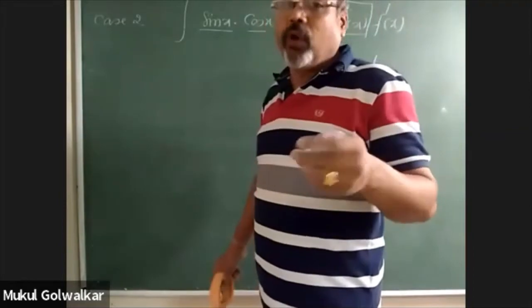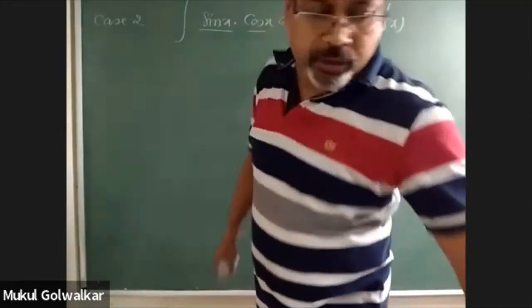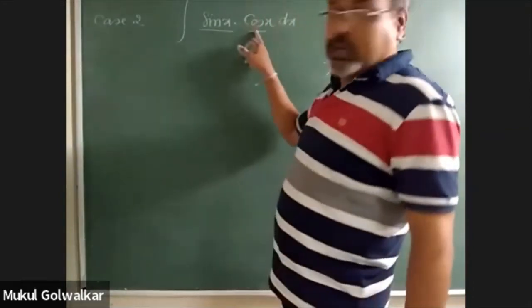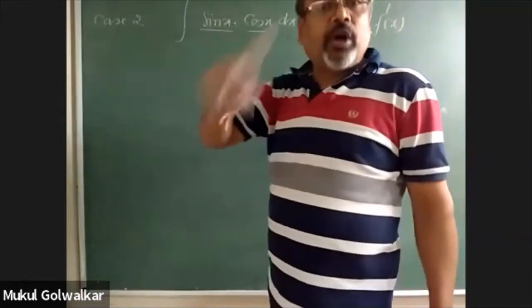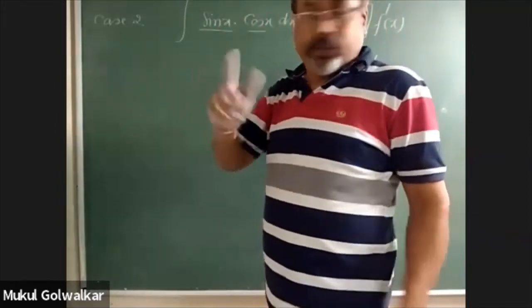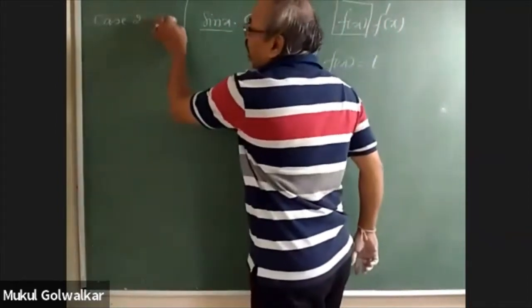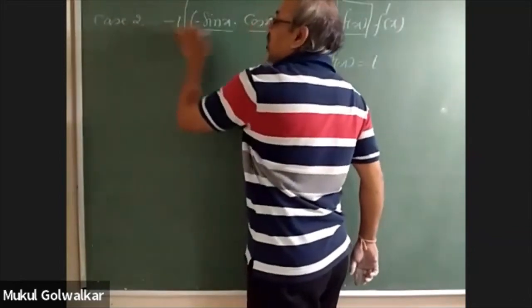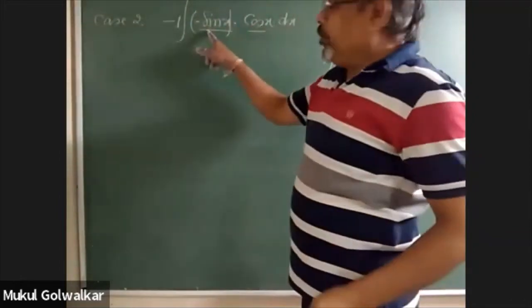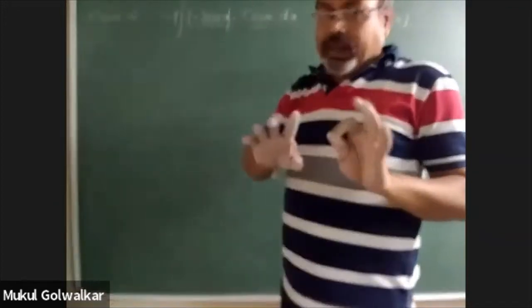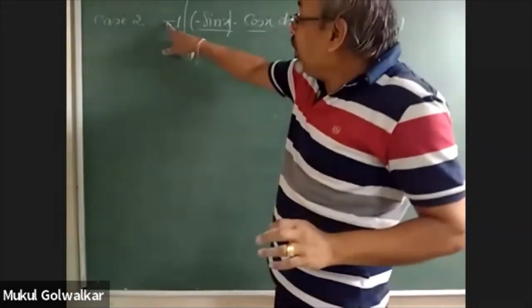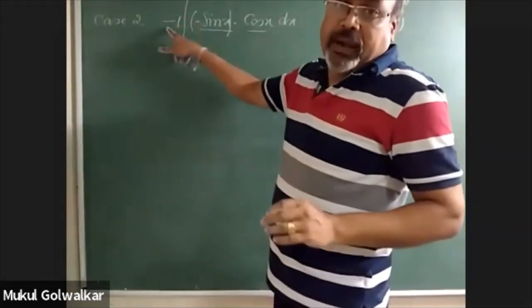I am not going for the manipulation. What you said, that the derivative of cos x was minus sin x, that was present. I could have written it in the form of minus 1 into minus sin x. Whatever you are saying is also right. I am not saying that is wrong, but this little manipulation was required.